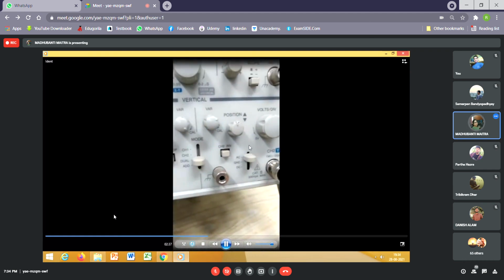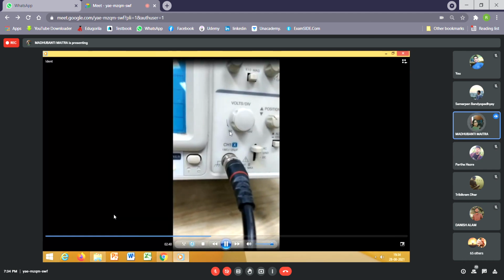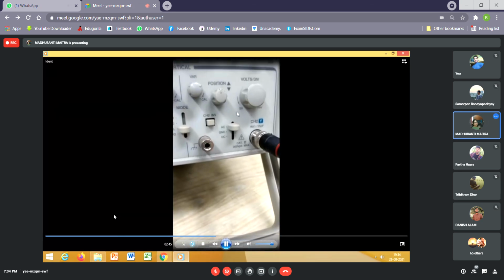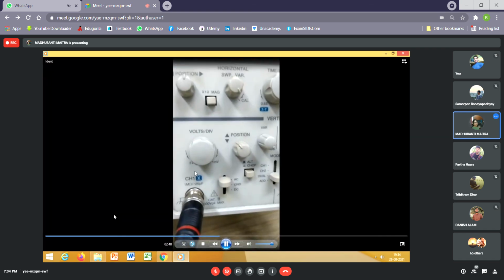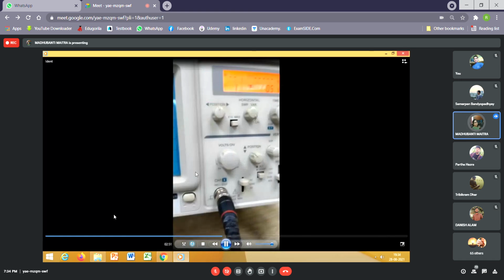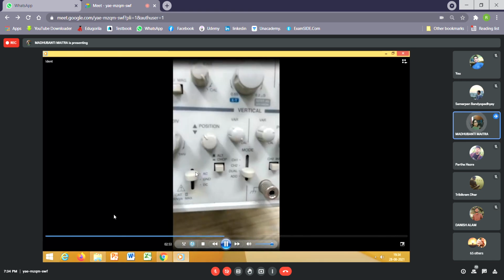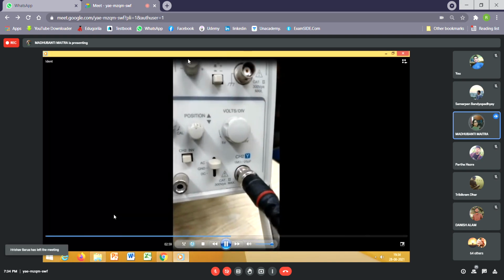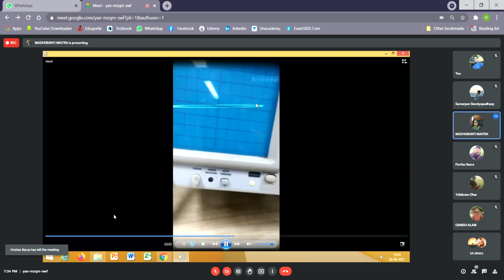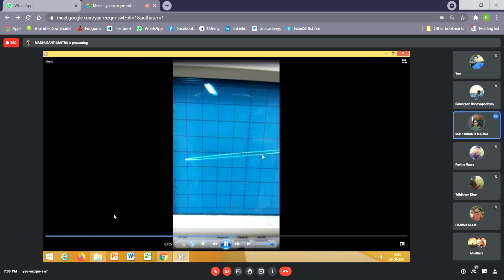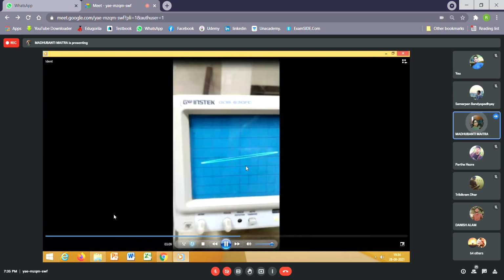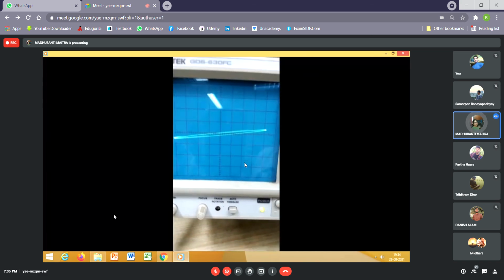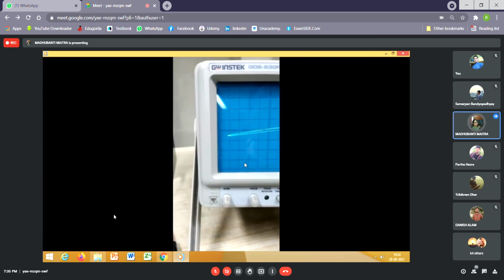This is the output, the sweep mode, and this is the XY mode. Can you see? This is the XY mode. If you put the oscilloscope in XY mode, then the time base will be turned off. These are the knobs with the help of which we can select the scales. This is the Lissajous figure, a very narrow ellipse, so it suggests that the frequency of the sinusoid signal which is input to the system is pretty low.